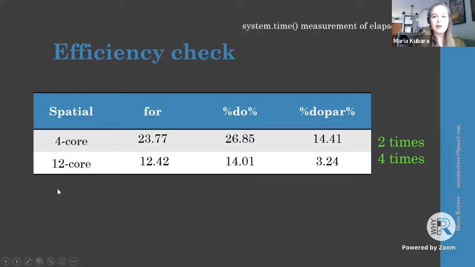I have also checked how this will work on a more modern computer with 12 cores and 30 gigabytes of RAM, which is basically my husband's gaming machine. And as you can see, the difference between these 2 machines, which are very different in their technology, in the for loop is just 2 times, right? So it's not that much. If you are changing your machine, you are expecting it to be more efficient. But because of the single core usage, there's not that much that R can do. So if you want to use the full power of the machine you actually have, you need to switch to parallel computing. And then you have a 4 times speed up on the better machine.